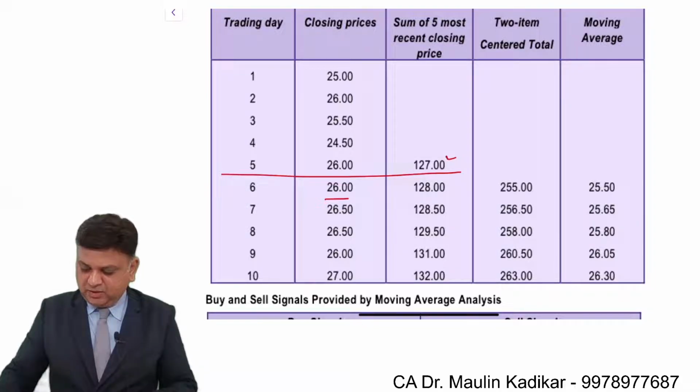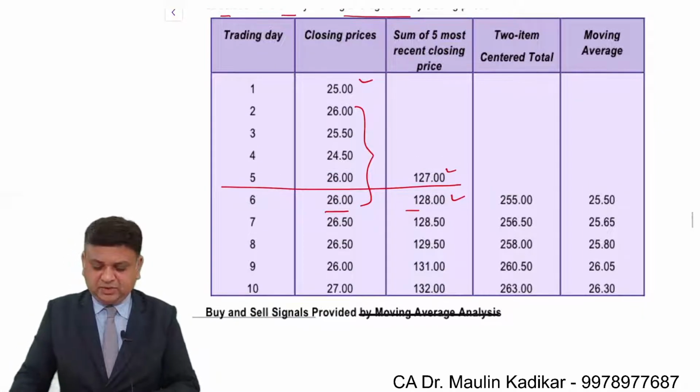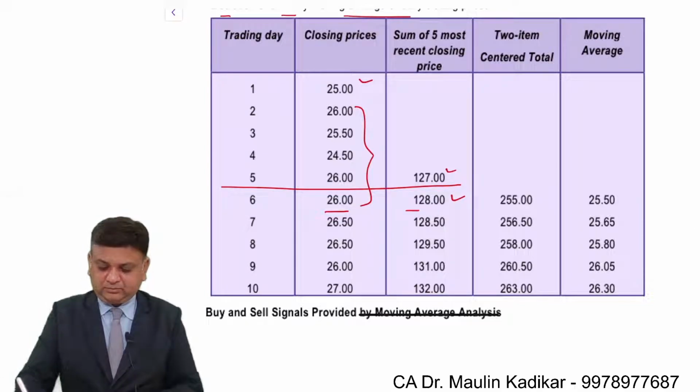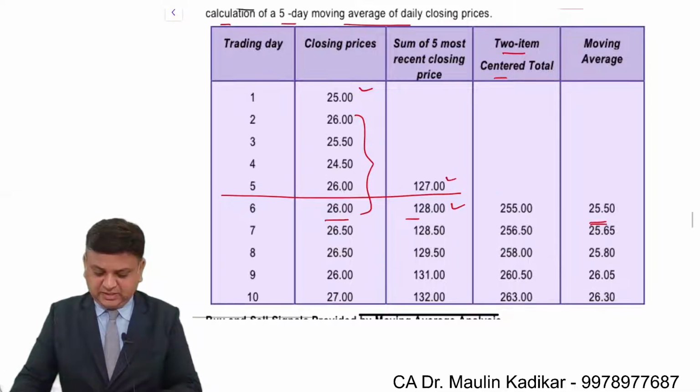We understand 127 minus 25 plus 26, तो ये 5 दिन का क्लोजिंग प्राइस आ गया। And that is the way we are supposed to do the calculation of the sum, और उसके ऊपर से हमने मूविंग एवरेज कैलकुलेट किया है।